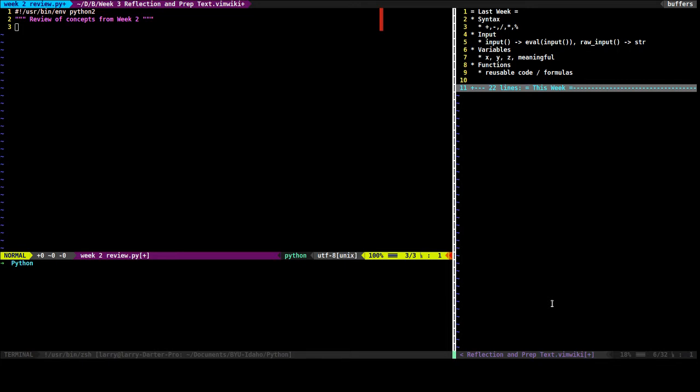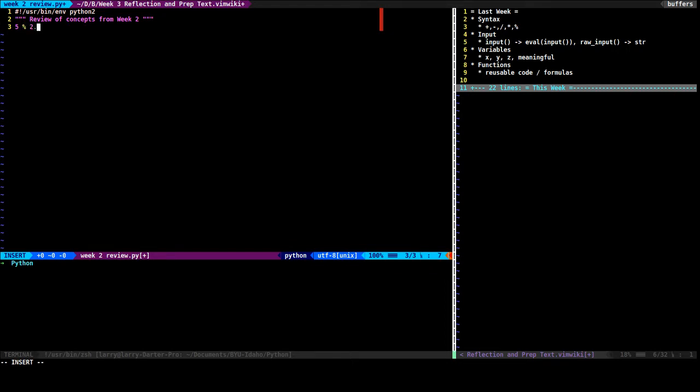In the previous week we learned about some mathematic functions such as add, subtract, divide, and multiply, and you may have not heard of this one, but we also learned about something called modulus. The first four should be pretty similar, but modulus may be new. Modulus is what we use when we want to get the remainder of something that we divide. For example, if we were to want to do 5 modulus 2,